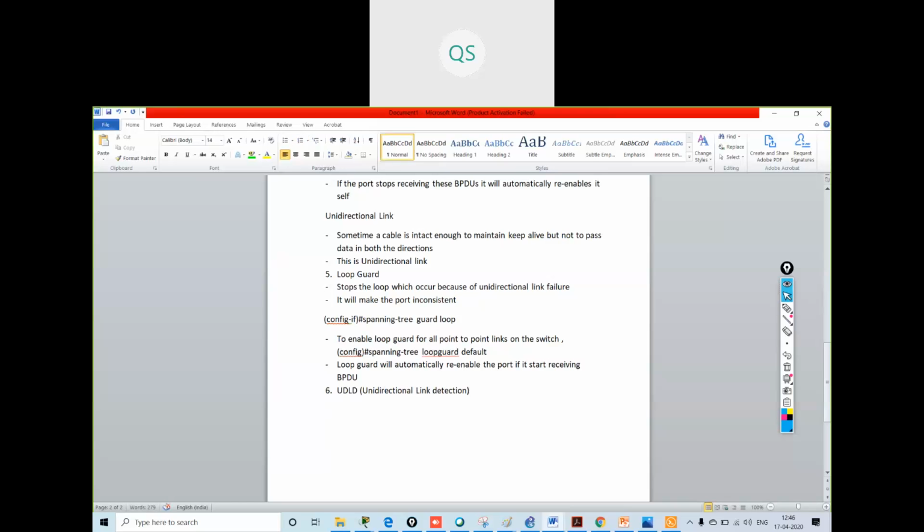Now what is the difference between this? It is Cisco proprietary.